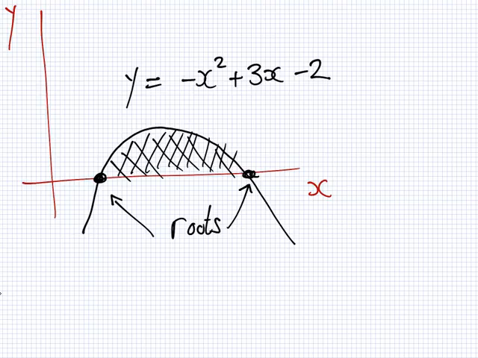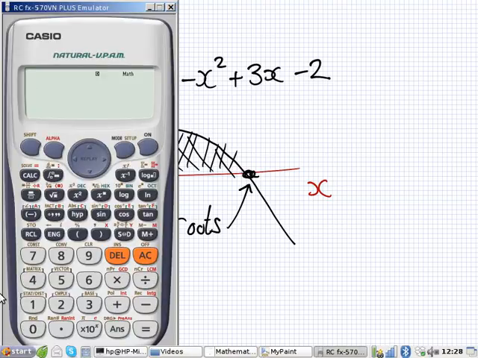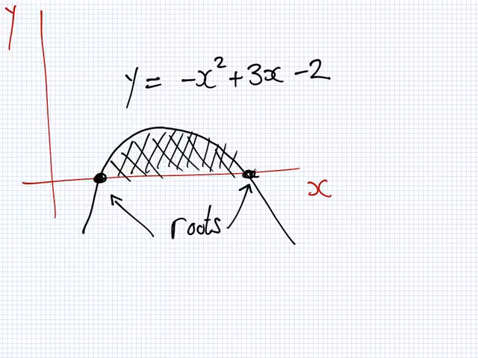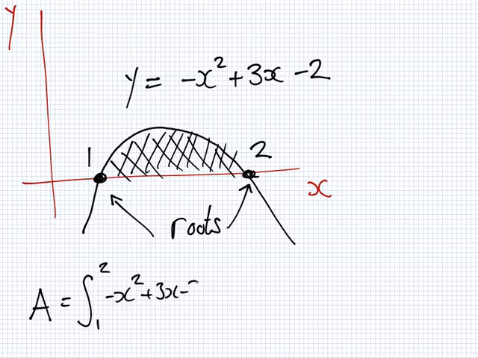Let's have a look. What were the roots here when you found them using factorizing or quadratic formula? 1 and 2, yeah. This was 1 and this was 2. Yes? This is what you got? So, look please. The area is the integration from 1 to 2 of minus x squared plus 3x minus 2